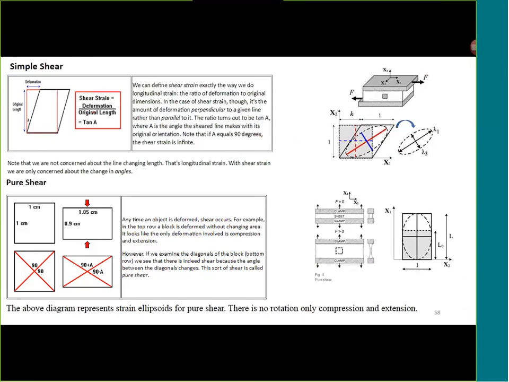Shear can be viewed in two particular aspects. One is simple shear and another one is pure shear. In simple shear, if you have a block of material, when you shear it, this line will get rotated like this. So the strain is induced